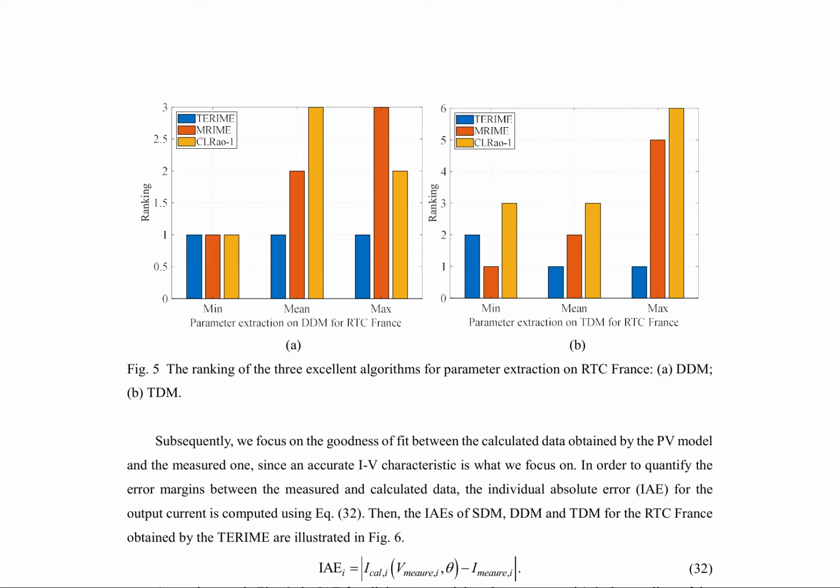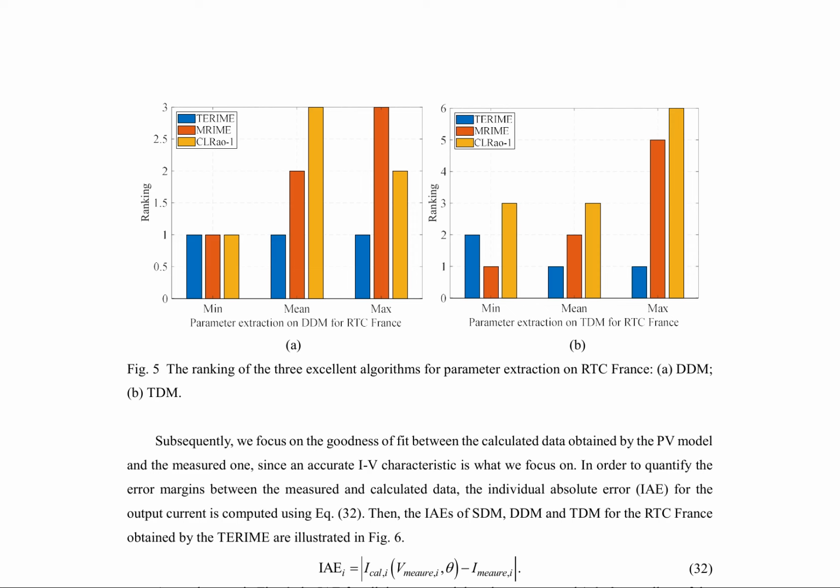Figure 5 showcases their performance in replicating the IV characteristics of solar cells for RTC France. To further assess the precision of these models, the individual absolute error, IAE, for the output current is calculated using Equation 32. The IAEs of SDM, DDM, and TDM for the RTC France obtained by TERIME are illustrated in